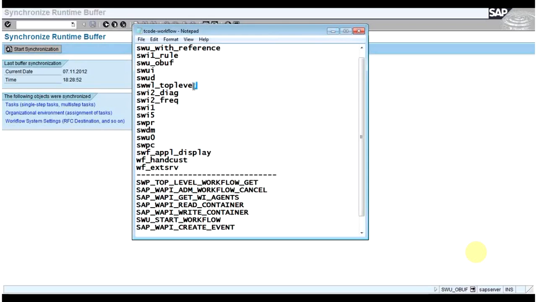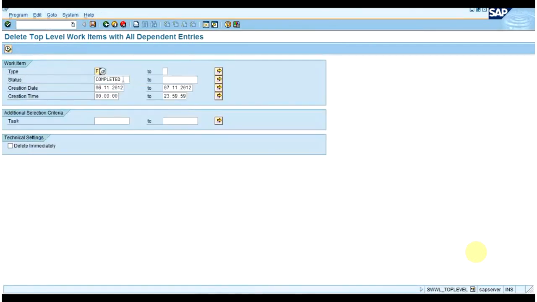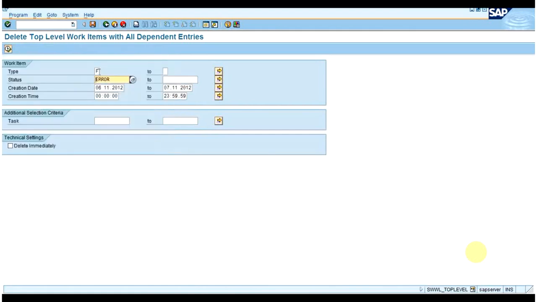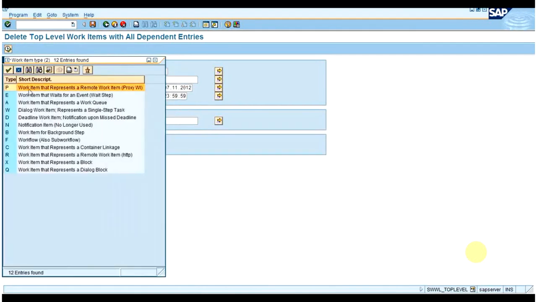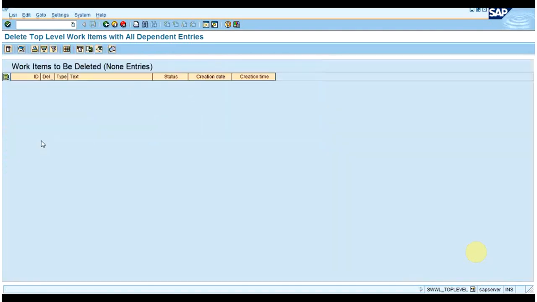So how can you delete it? Go to the transaction SWWL_TOP_LEVEL. Here, just select the status as error, type as background job or the dialog step, and execute it. Since no work item with the error state exists here, nothing is shown. If it exists,